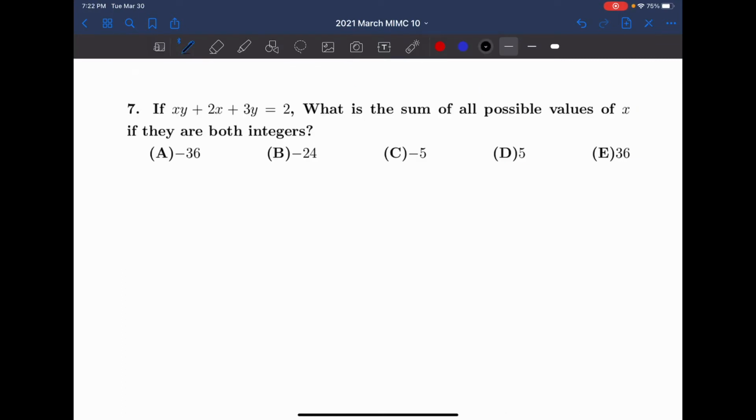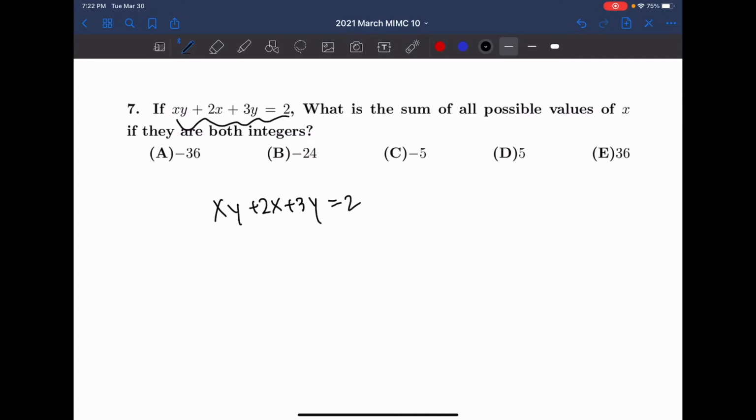For number 7, I have what is the sum of all possible values of x if they're both integers, and given this equation. Notice that it is integers instead of positive integers, because that will be very, very crucial at the end. So you can factor this